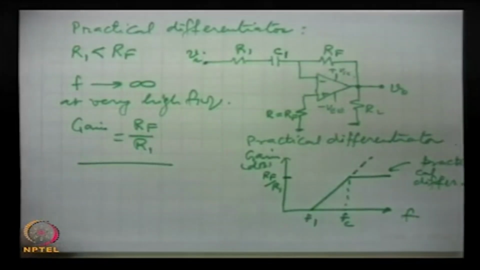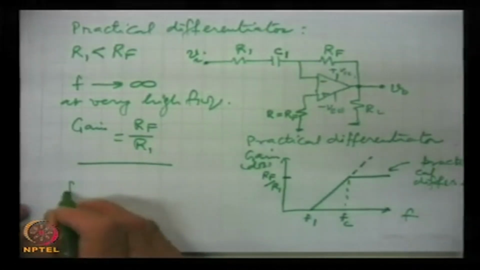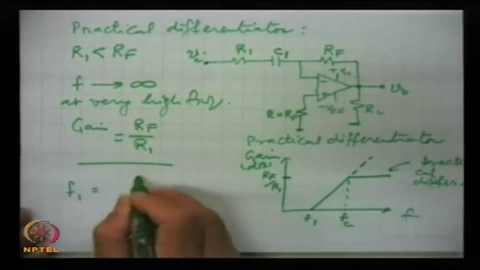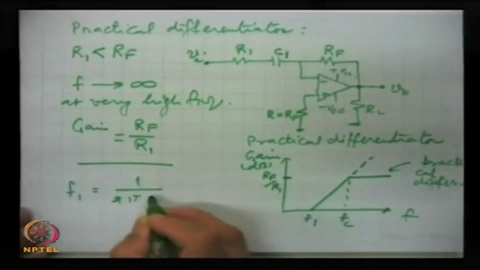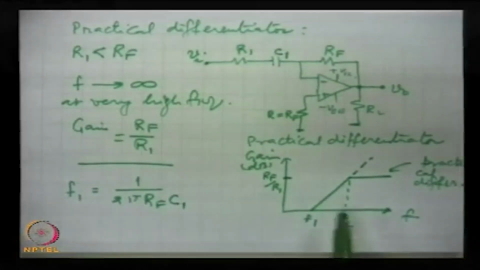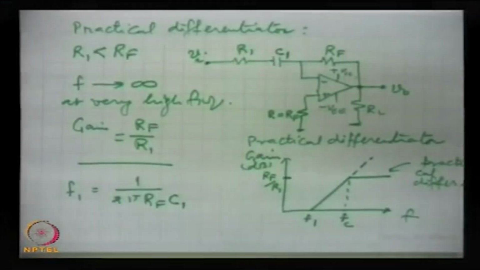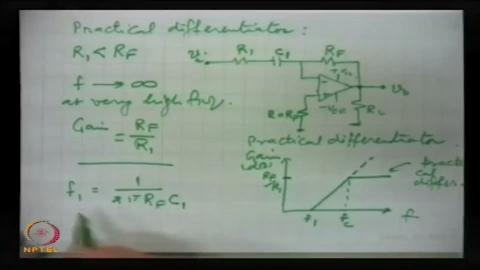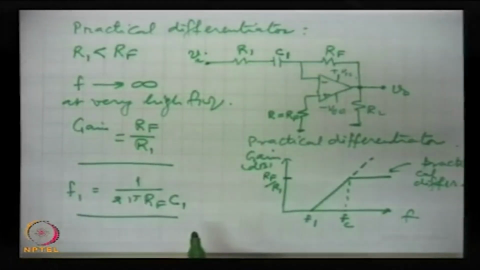F1 is the frequency where the gain will fall to 0, and F1 will be given by F1 is 1 by 2 pi Rf C1,